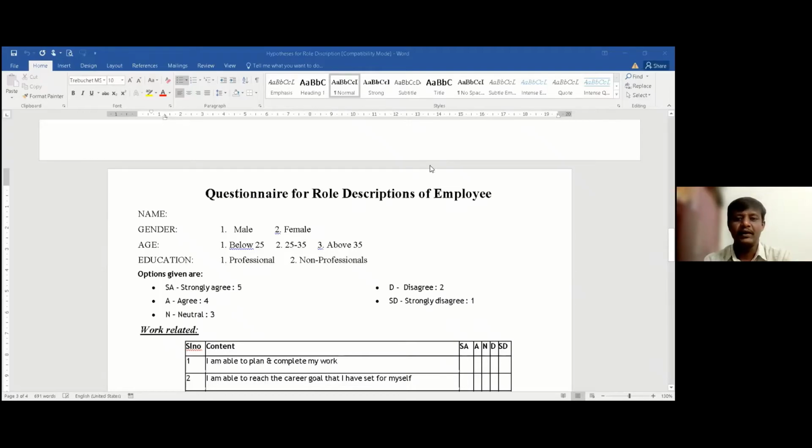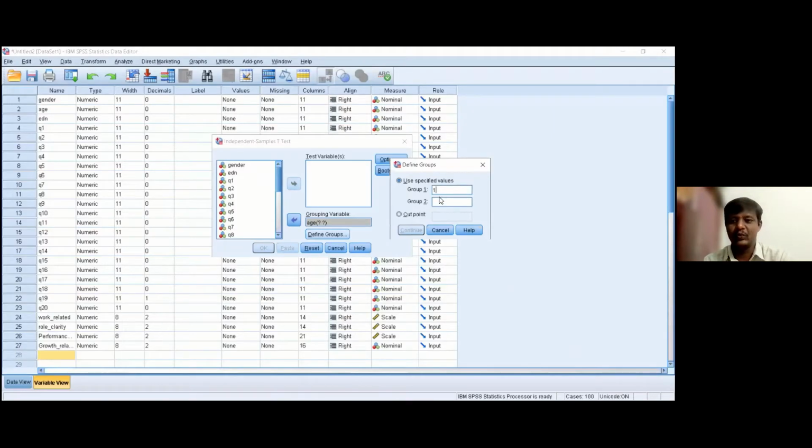In group 1 we put 1, and in group 2 we put 3. The reason is we have three groups. If you have 4 groups, you can put 4. If you have 2 groups, you can put 2. Then click on Continue.